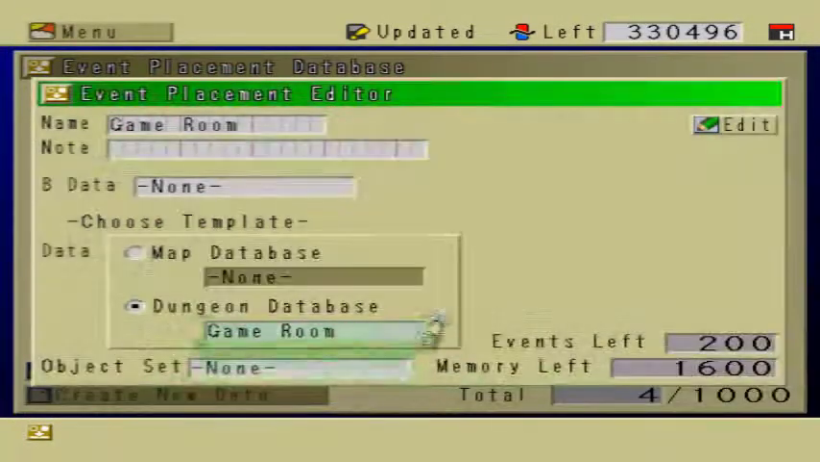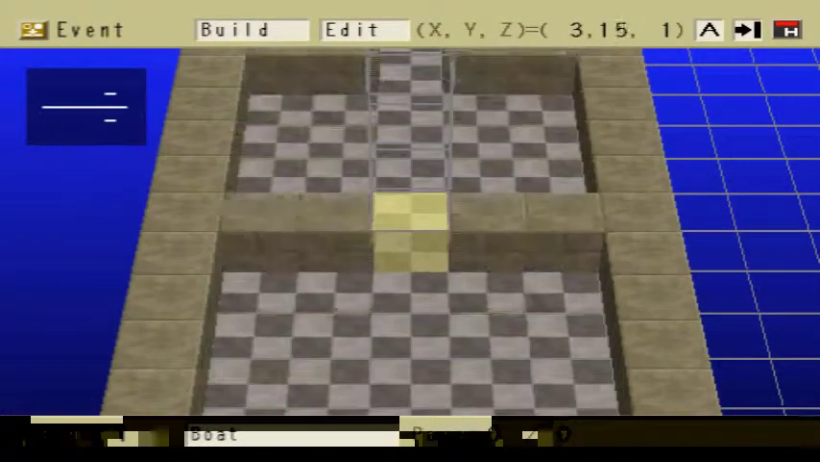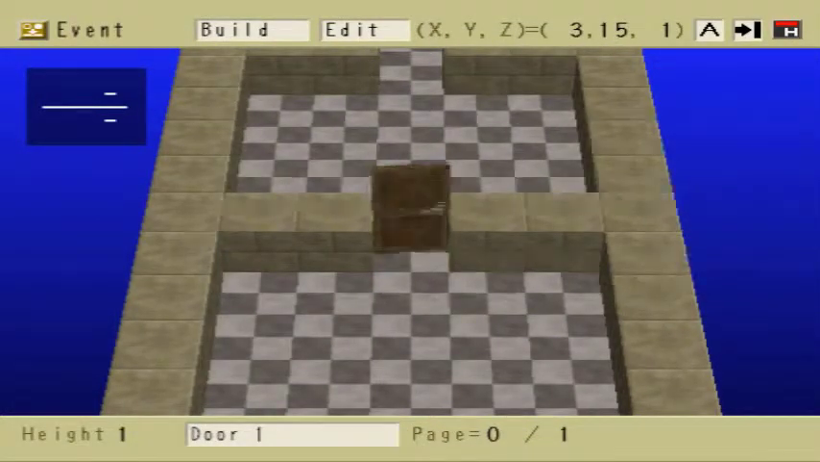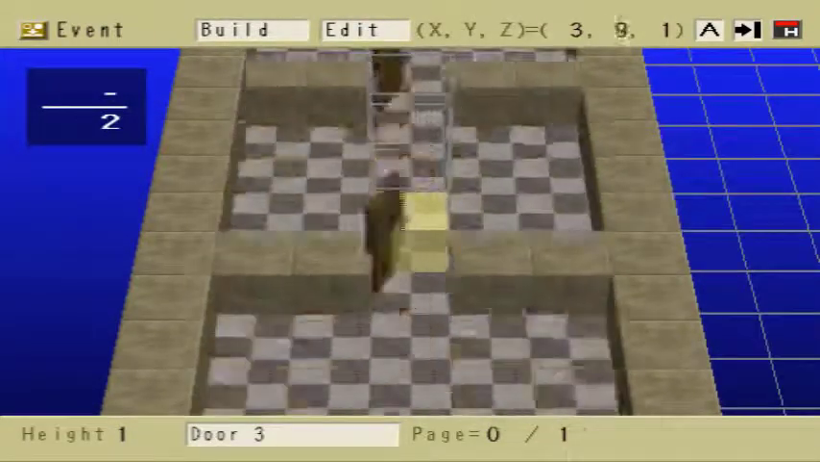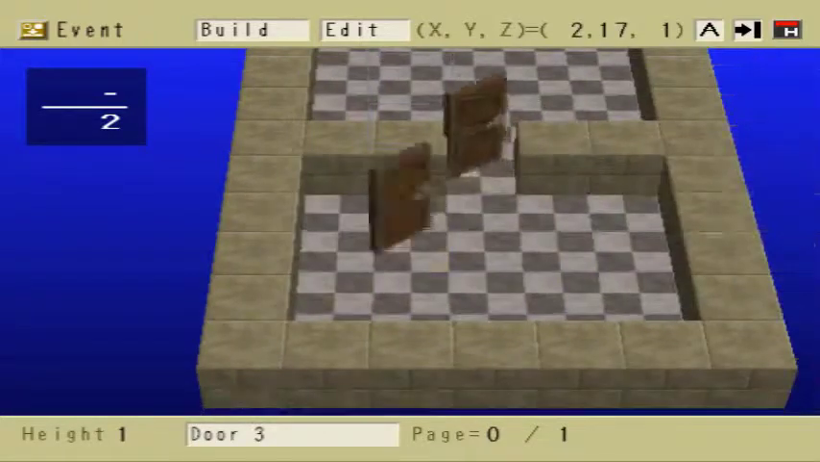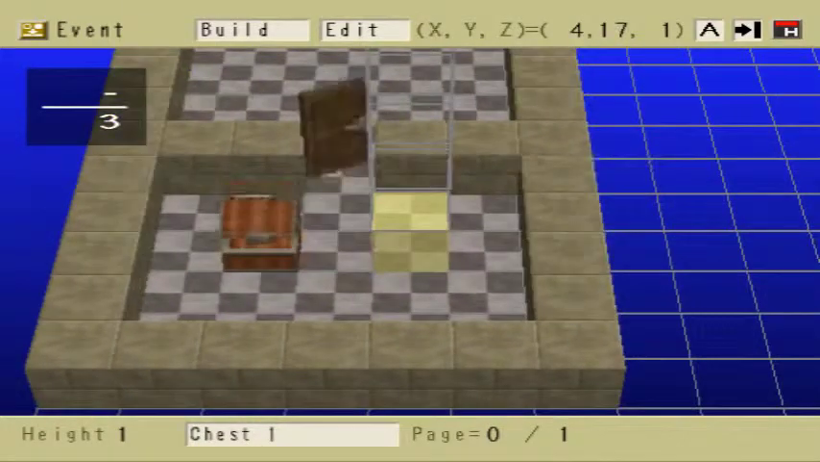And select the dungeon. Select game room as the dungeon, and then go to edit. And let's go ahead and place the doors. Here's door 1, door 2, and door 3. And the chests, here's chest 1. Put 2